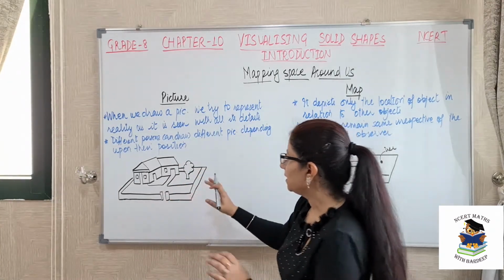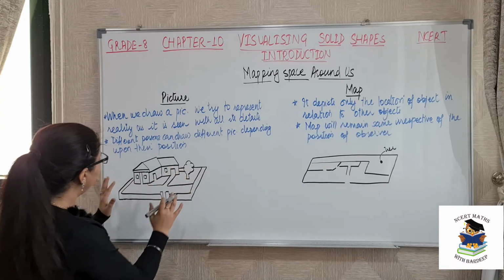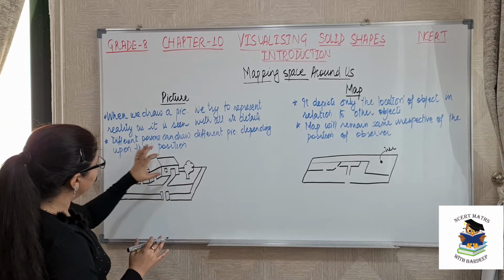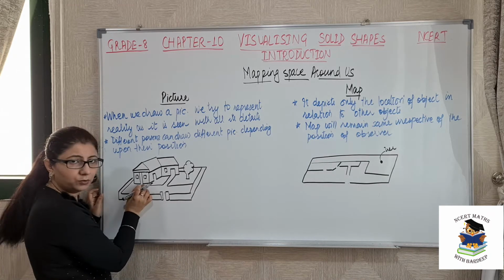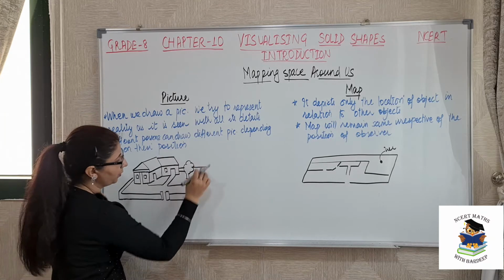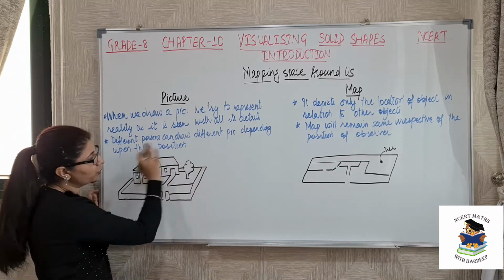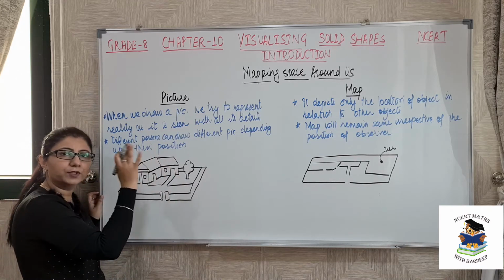In this picture, see, this is the picture of a house. So here I have tried to draw it like there are two huts. This is the entrance, the door of one home. Then this is the second entrance. This is the third entrance. There is one tree also. So this is what I can do my best to draw a picture of a house.